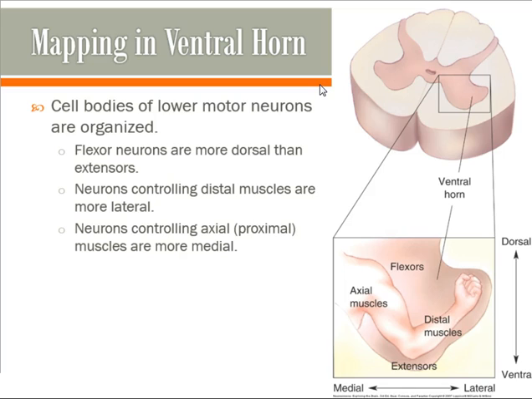So there's some organization in terms of the routes of spinal nerves. There's also some interesting organization that occurs if you look within the ventral horn of gray matter within any one segment as well. Here we're zooming in on one part of the ventral horn of gray matter. Just like we saw within the somatosensory system and the mapping that exists within the brain, it's not a random distribution in terms of where particular cell bodies are that are going to power particular kinds of muscles. Different parts of this ventral horn will tend to go to different sorts of muscles.